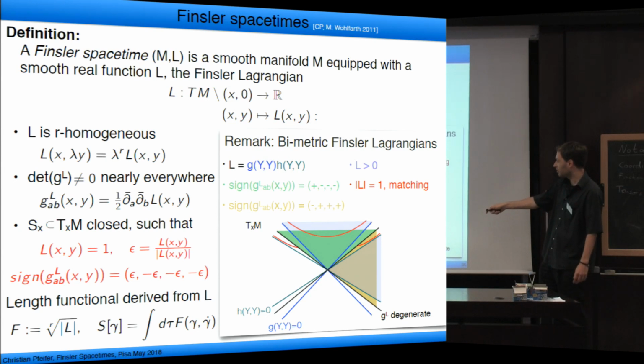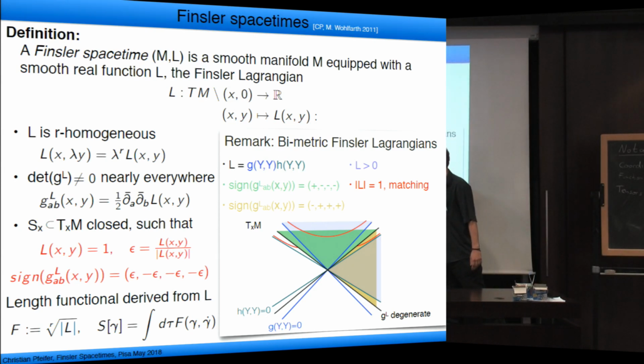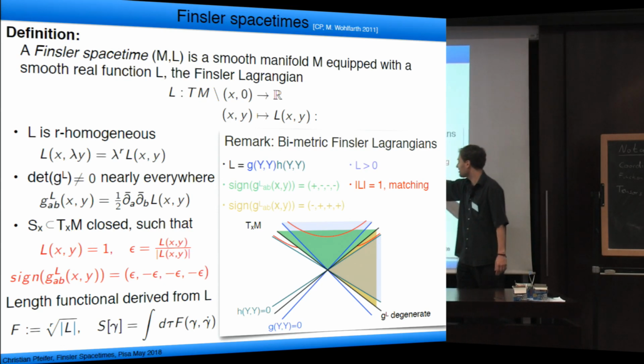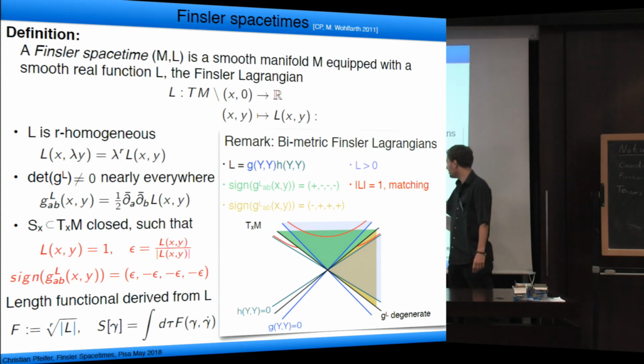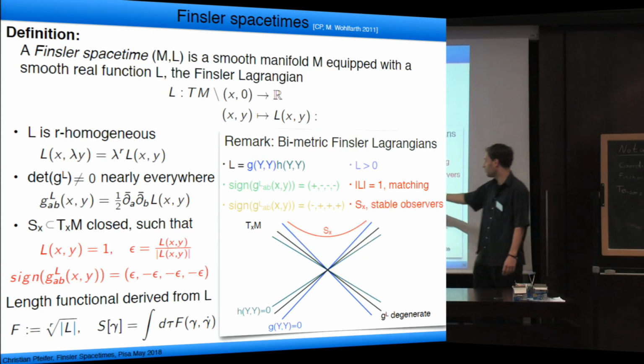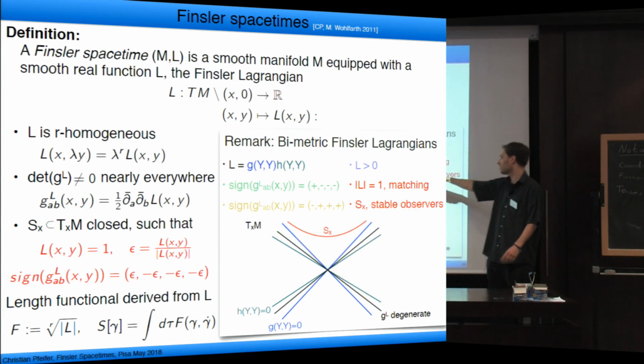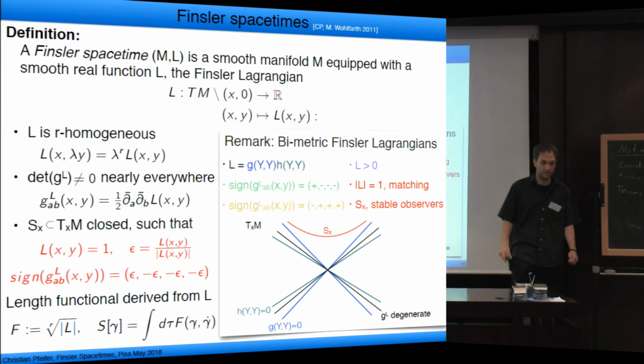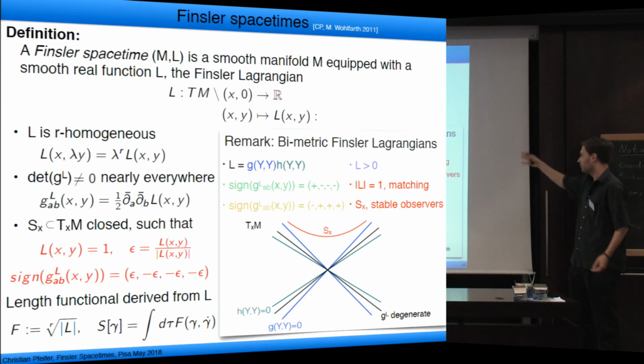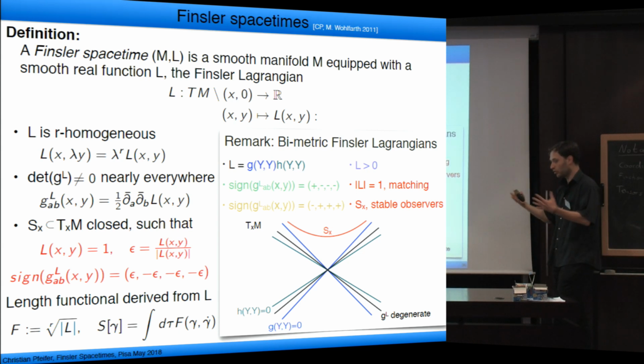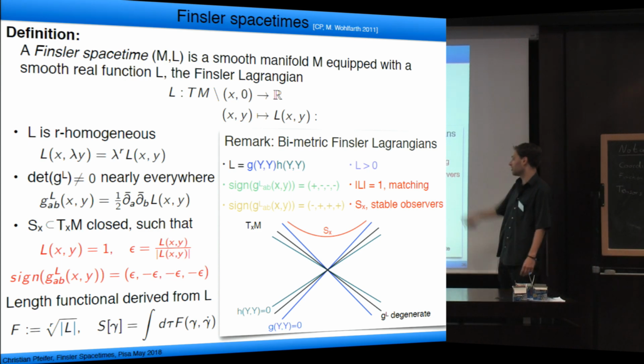Then we look at which match this condition. So where does the special sign in the signature of the Finsler Lagrangian metric match the sign of L, that is here and here. And then we find that these sets are not closed since they are intersected by this degeneracy set. And we find this shell, as X, which is exactly giving the normalized stable observers we had, which exist when you look at physical processes in media. And this is why we think that every Finsler Lagrangian which satisfies this axiom is viable for physics. And making stronger claims may exclude such interesting examples.